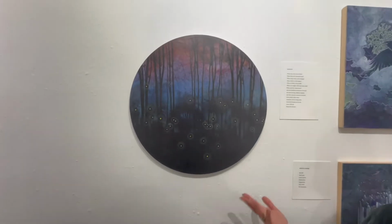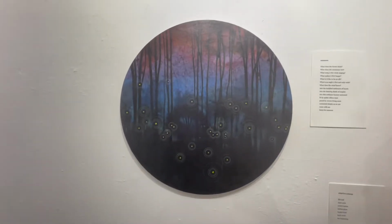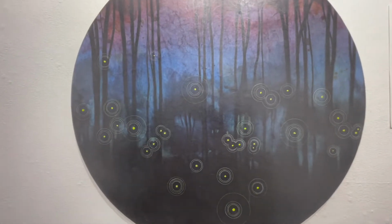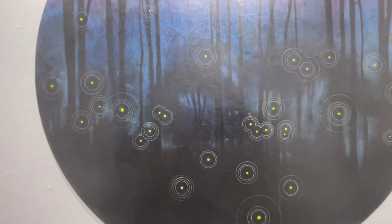Hi, I'm Leah J. I'm a watercolorist primarily, and work with lots of other media. I lived in the Bay Area for 25 years and then moved to Portland fairly recently, a year and a half ago. And this is my work. So this first one is some fireflies. It's the only one that doesn't have just watercolor in it. It's actually got gold leaf and a green glaze over that. But this is